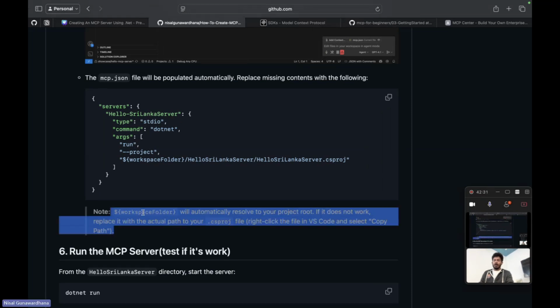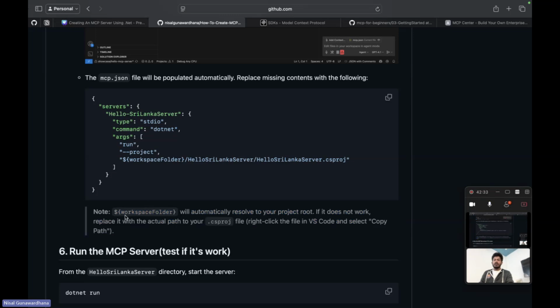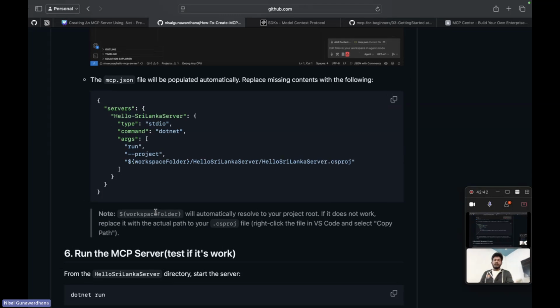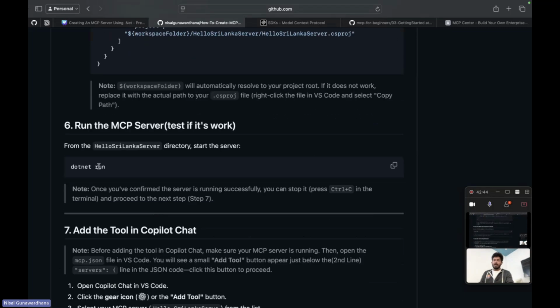You have to set the workspace folder location correctly as per your machine, right? So once we complete these things, we can run the MCP server and test whether it works or not. For that, we can use the .NET run command.